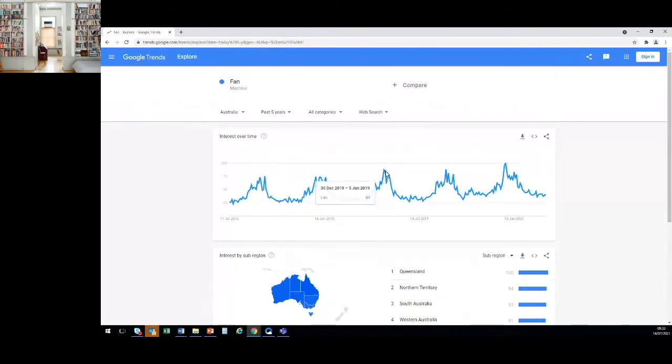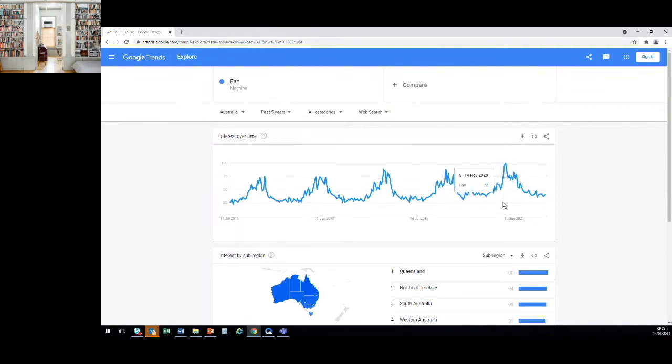So you can see that in the hottest time, more people would want to look for a fan. But the pattern is less obvious than that in the UK. I believe that in Australia it's generally hotter than in the UK. So it gives us some insights into how people look for something at different times and in different countries as well. This could help us to forecast and work out the demand in certain countries.